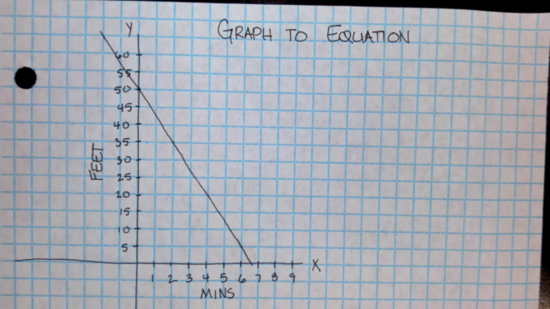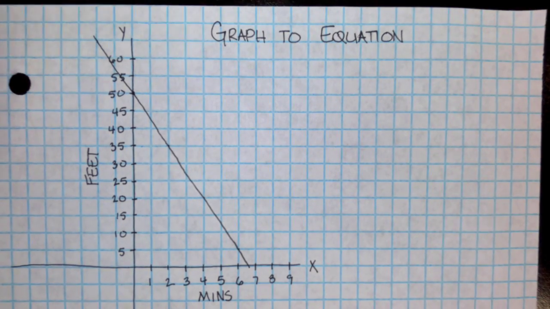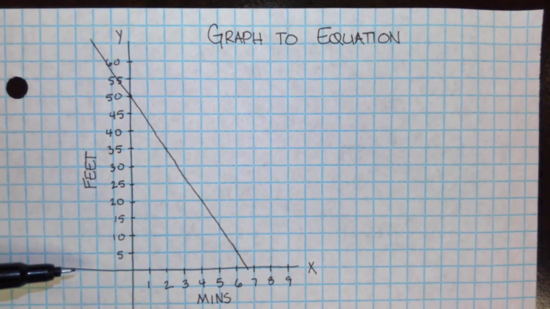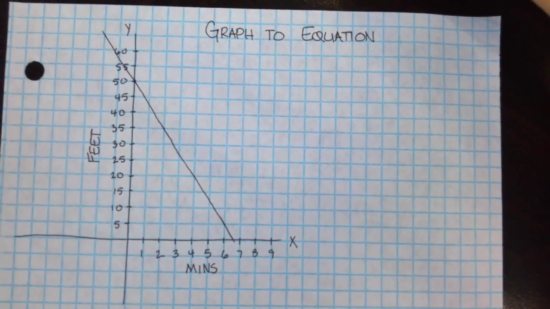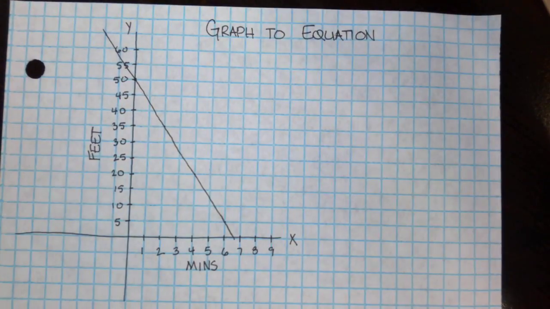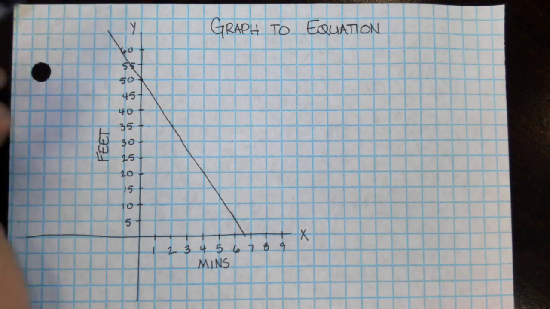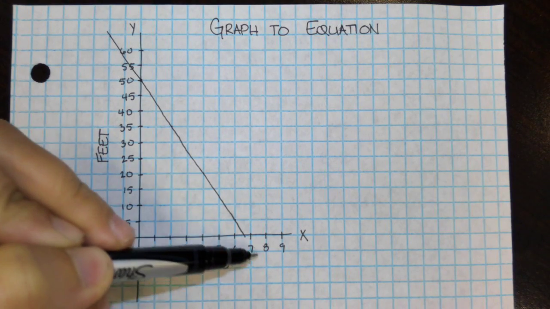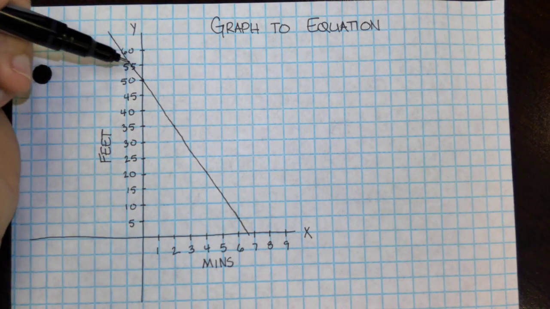In this video, we're going to look at how to make an equation from a graph line. We've got our coordinate grid here, and then we've got the graph line coming down right here. So the first thing you're going to do when you make that equation is